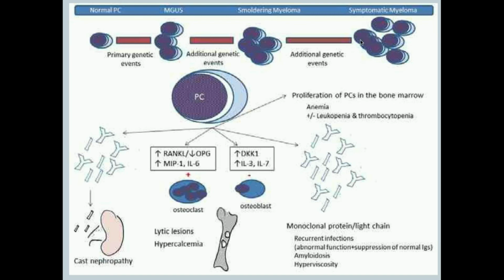It's a symptomatic myeloma. The difference between smoldering myeloma and symptomatic myeloma: they both have a very high fraction of plasma cells in the marrow. The difference is that symptomatic myeloma is symptomatic, that's multiple myeloma, and smoldering myeloma does not have one of those defining symptoms. So plasma cells spit out factors which activate osteoclasts and also happen to reduce the activity of osteoblasts. That's what leads to lytic lesions, and that's also going to cause hypercalcemia, because if you are dissolving bone,